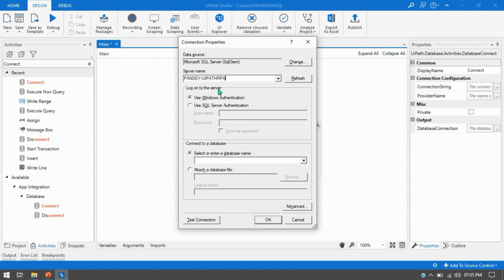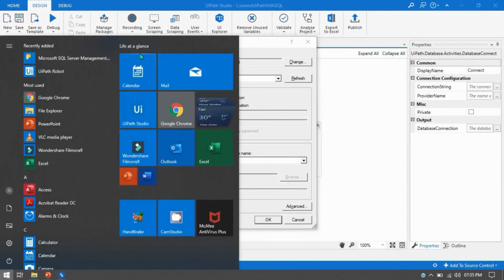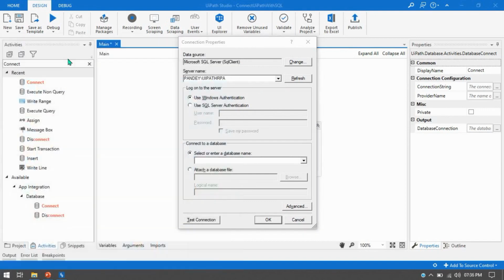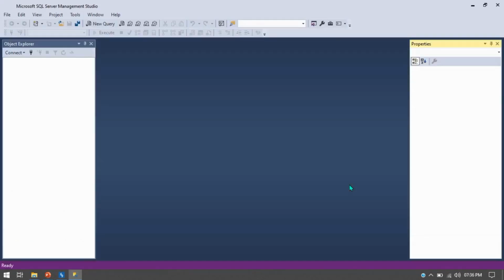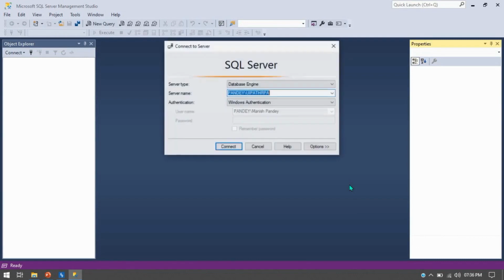This is the exact server name. Let me open SQL Server Management Studio so that I can show you the server name. You will see here the server name is Pandey/UiPath RPA. The same server name we are going to take here, because we are using this SQL Server.